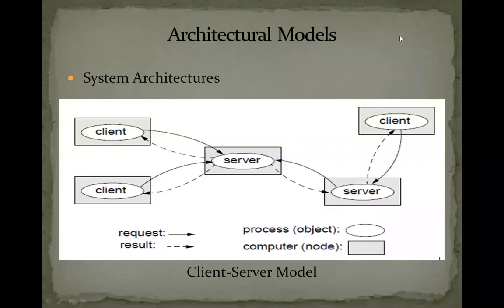Now, in the architectural model of distributed systems, we have many models. The client-server model is one of the fundamental models, because it is able to deal with all the problems associated with distribution. This model also describes the computational process and the behavior of the services which will be provided to the user,